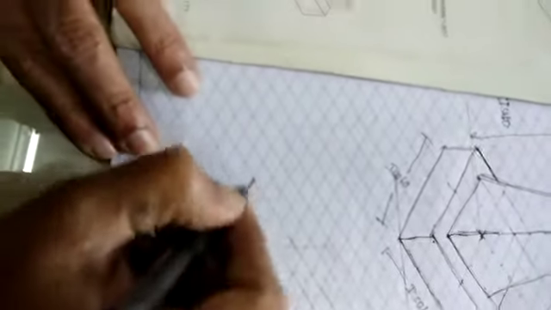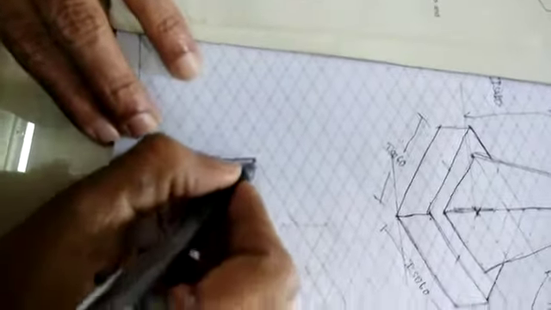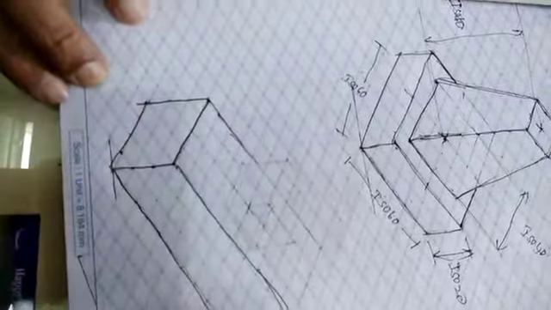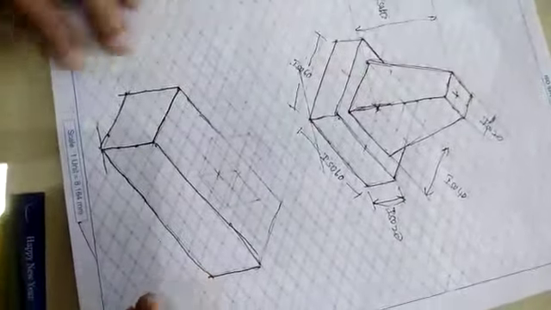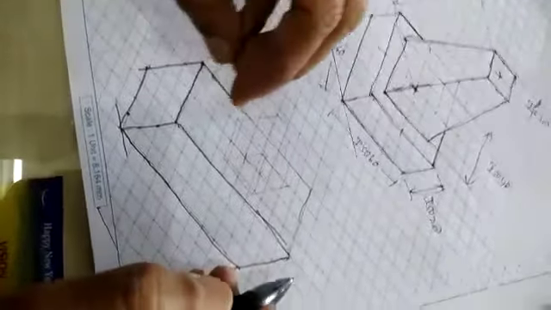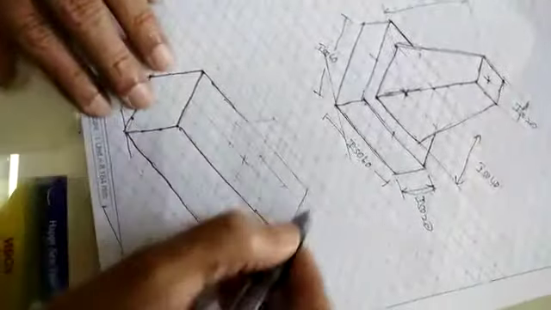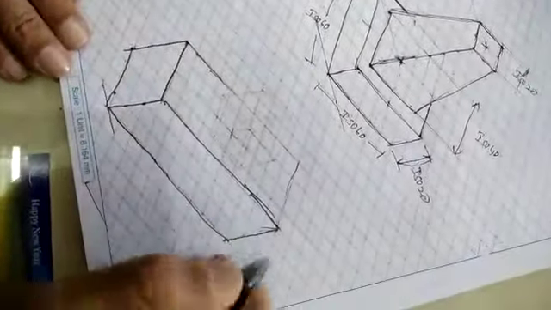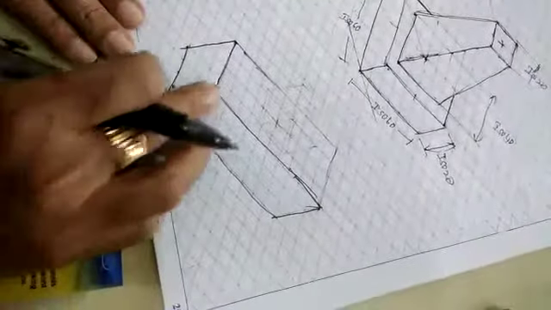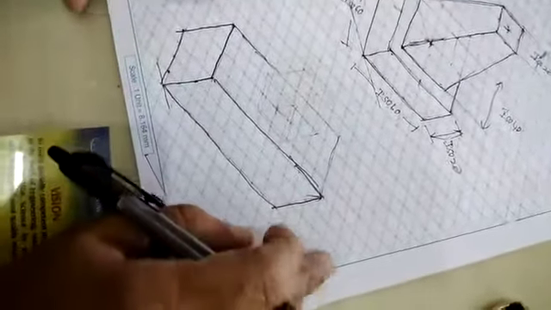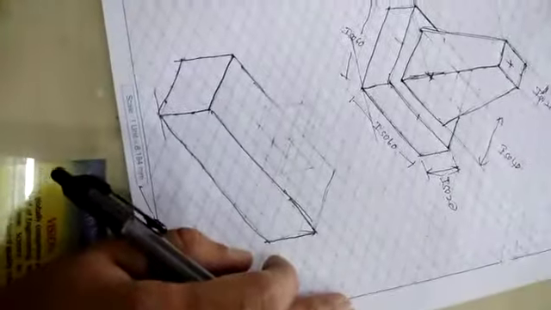All are parallel lines, either to the length or to the breadth. Here you make it a thin line, because behind the cube the portion is not going to be seen and that is to be deleted. Instead of deleting it in the first attempt, you can make it light. If you draw the bottom portion with 100, 40 and 30 here, you are going to get the 15 marks for this. One block is right.